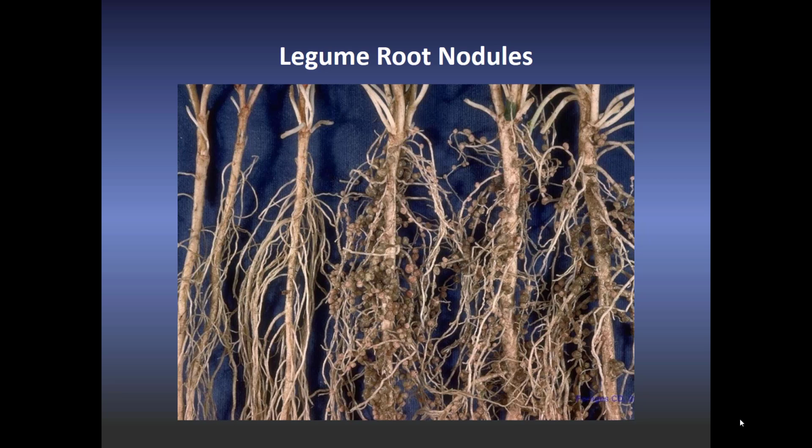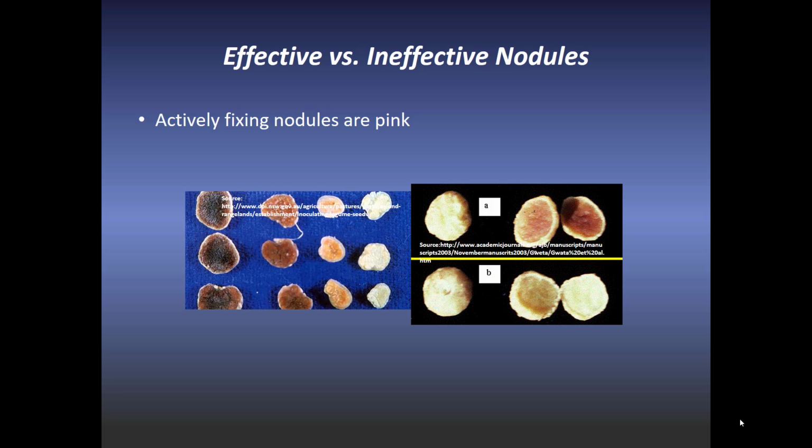And if you're going to dig up plants in the field and try to get an estimate of how many nodules are present, you'll need to be very careful how you dig up the plants, particularly if the soil is compacted or very dry, because those nodules are on the very fine root hairs or parts of the root system, and they're easily sheared off from those roots. A very important diagnostic feature to remember is that actively nitrogen-fixing nodules are going to be pink in color when you split them.